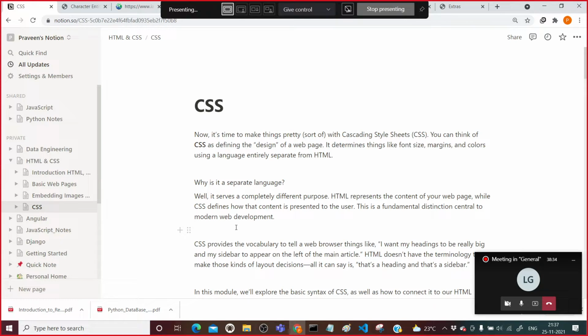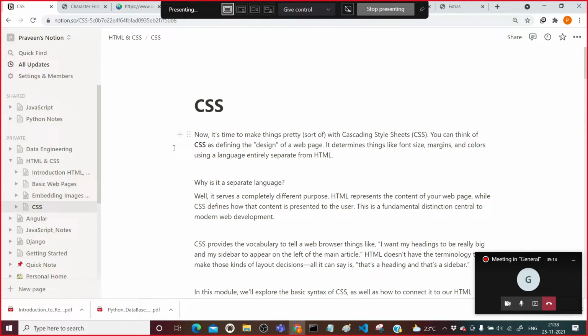Cascading style sheets, sir. I am also able to see on my screen that it stands for cascading style sheet. But what exactly is the meaning of CSS in web development? Yes, I'm waiting for the answer, please. It allows us to style the web page. Yes, perfectly. It allows us to style the web page. It means that it allows us to beautify the page, right?